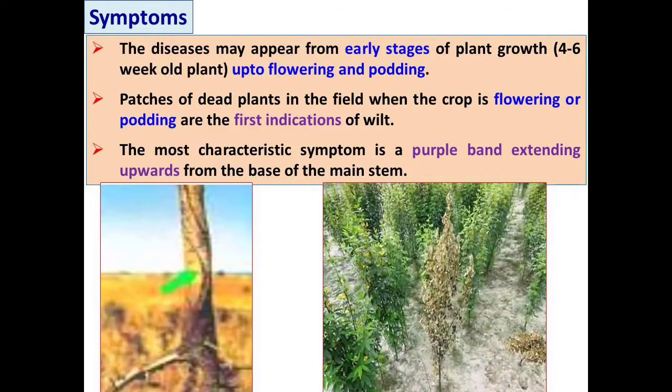Similarly, if we cut the main section of the stem, we will see the vascular bundle which is completely brownish in color. That is, vascular tissues exhibit brown discoloration in the region of the purple band. The partial wilting of the plant is a definite indication of Fusarium wilt and distinguishes it from Phytophthora blight that kills the whole plant. Partial wilt is associated with lateral root infection, while total wilt is due to taproot infection.